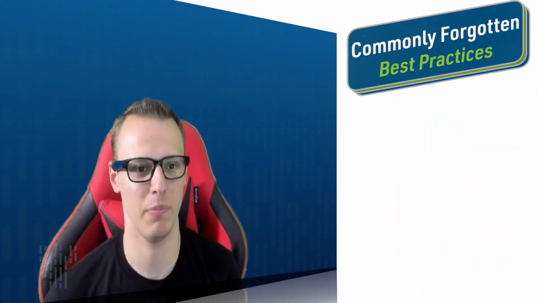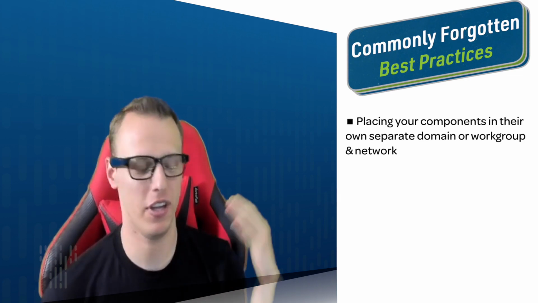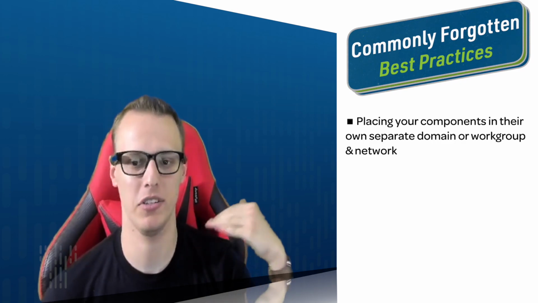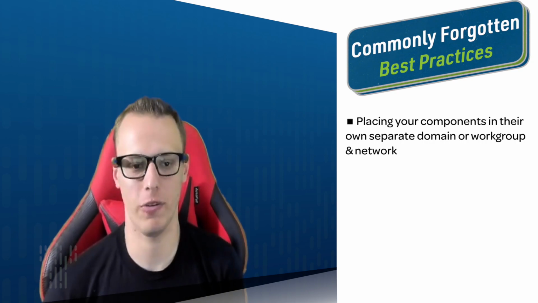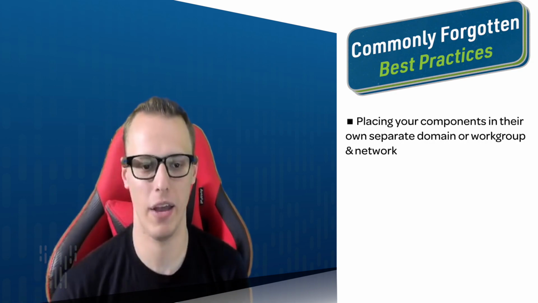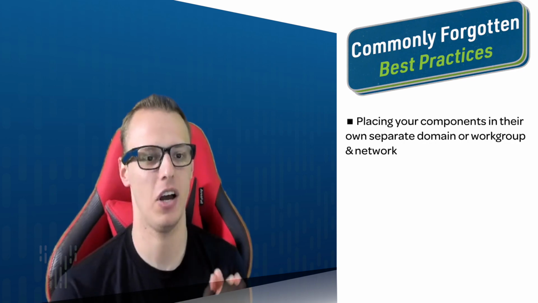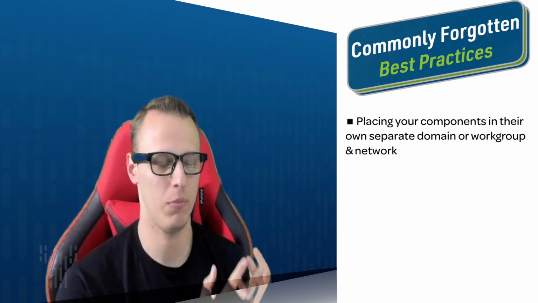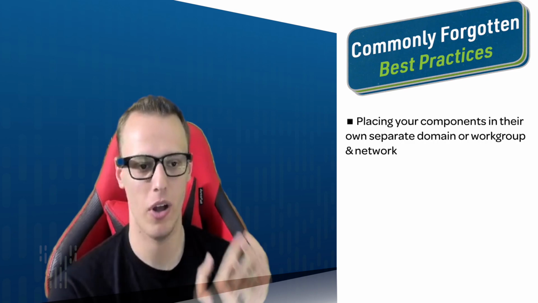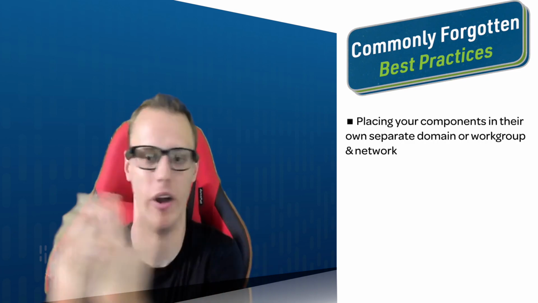For the first episode, we're going to discuss some commonly forgotten best practices to use with Veeam. The first being putting your components in their own separate domain or workgroup and on a separate network, VLAN, etc. This is crucial for environments because if your production environment is ever penetrated, you want to make sure that your Veeam stays online. Even if you have an offsite backup, you ideally want to have your on-premises components still up and communicating and accessible because it would be better to recover on premises before you have to recover from your